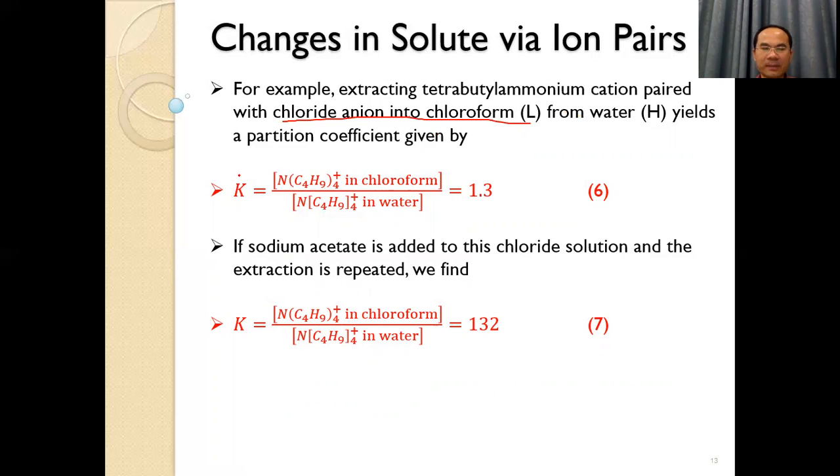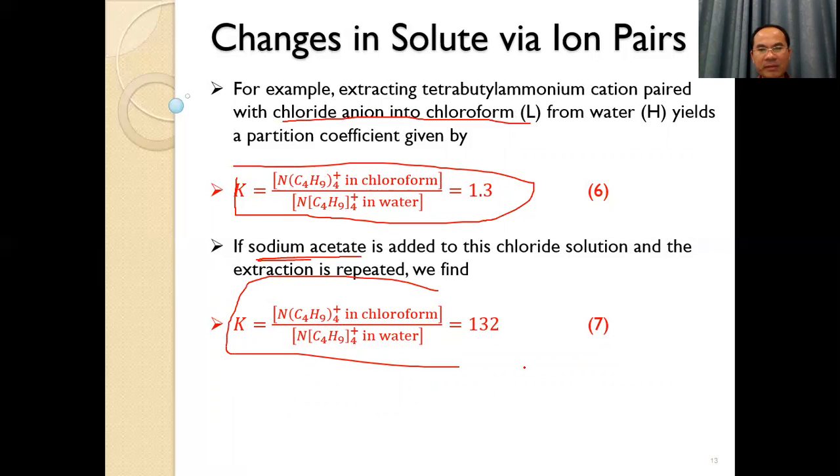For this case, the K value is approximately 1.3. The K value is very low. For this case, we can increase the K value by adding some ion pair. We add sodium acetate to the chloride ion in our system. If we add the sodium acetate in the chloride ion system, the K value will increase